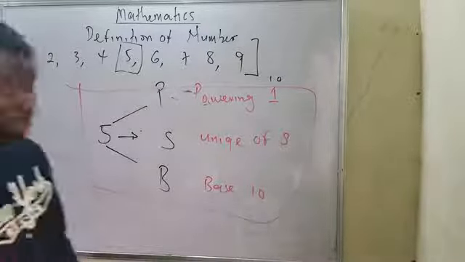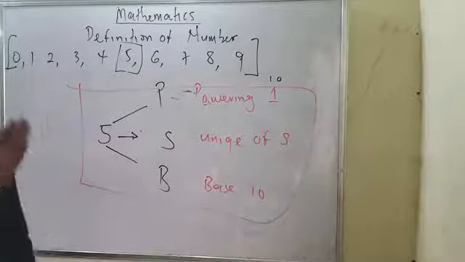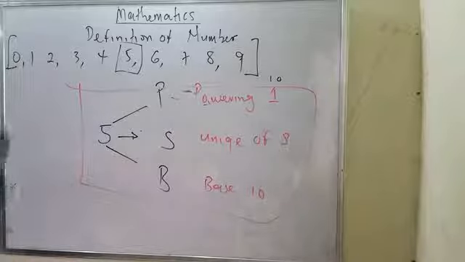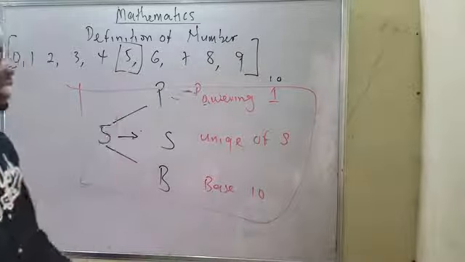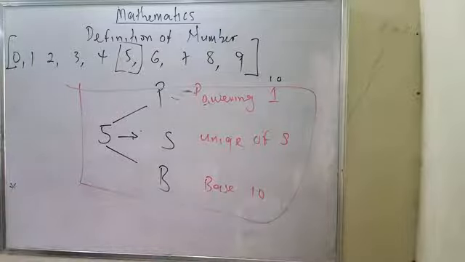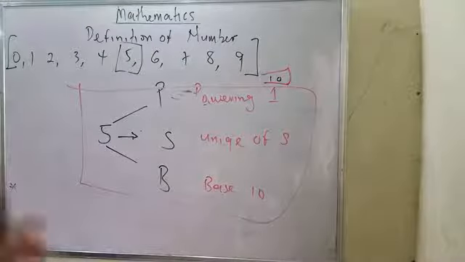Now, for your information, that is a number for you. Now, I'm just working on number 5. This also occurs to 0, 1, 2, 3, to 9. That is just it. Now, you can see, why are we talking about base 10? We are talking about base 10 because there is no number equal to or greater than 10